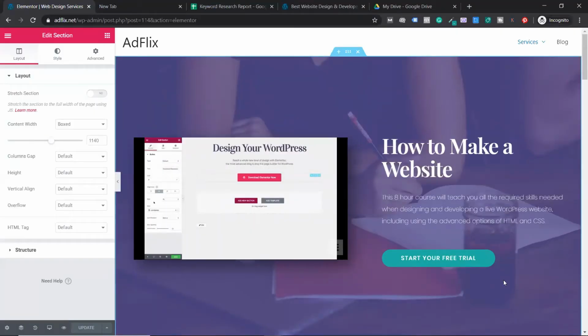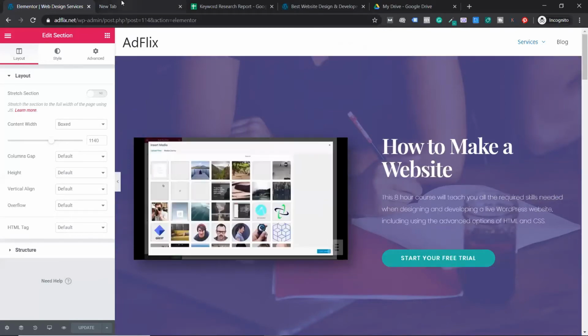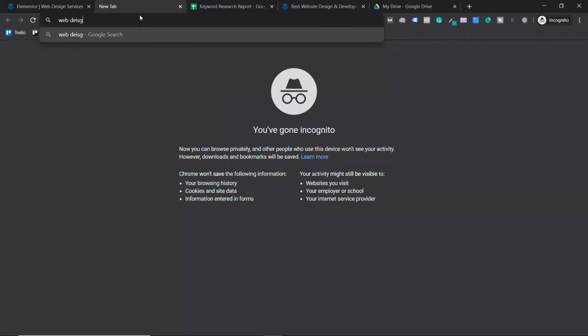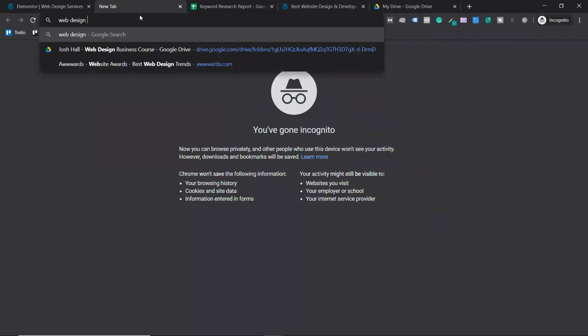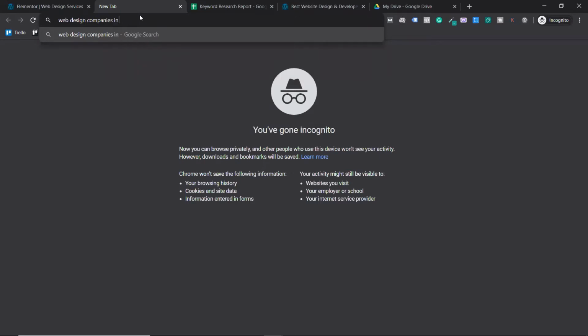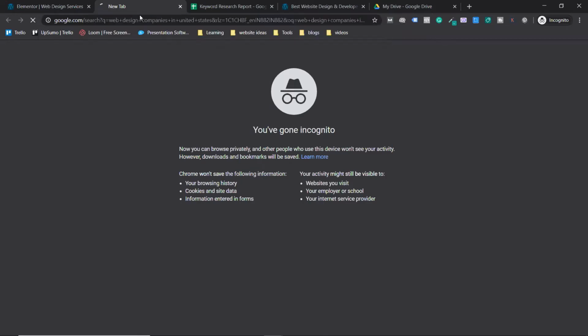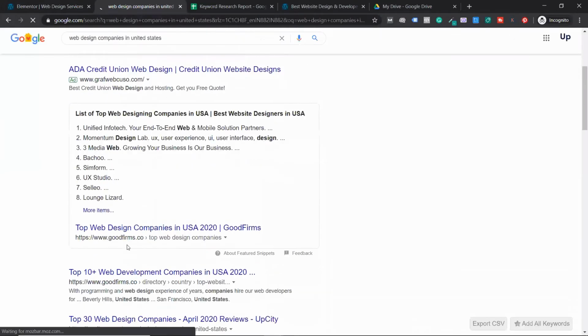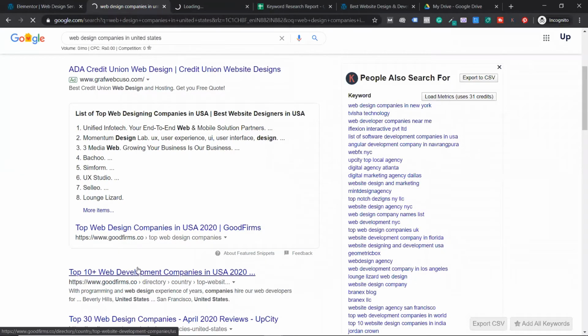I've built so many websites, and not even a single website did I get an innovative idea to build it. So what I do is I search for web design companies in the United States. I know you may be thinking, why am I searching the United States? Because if I copy from my local guys, they will see this looks familiar. So that's the reason.